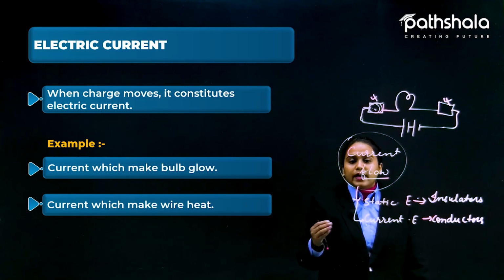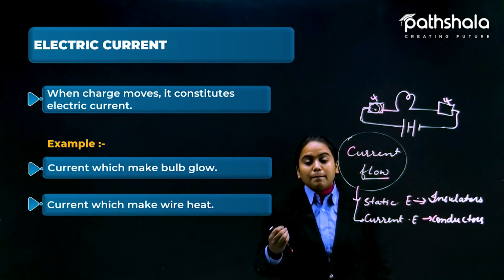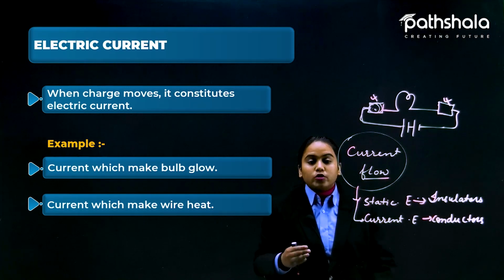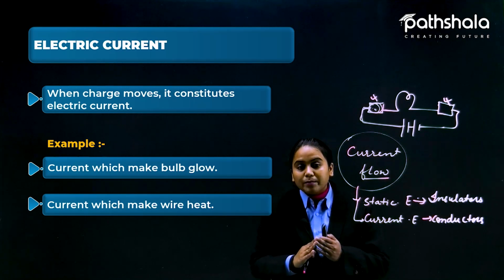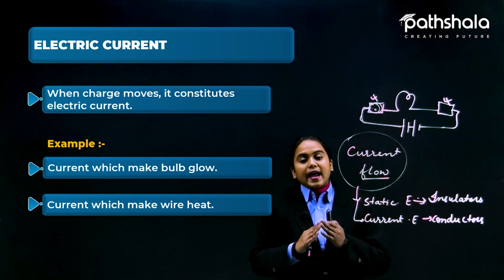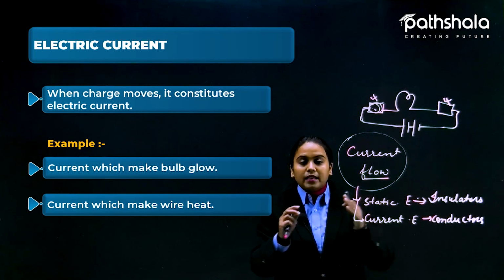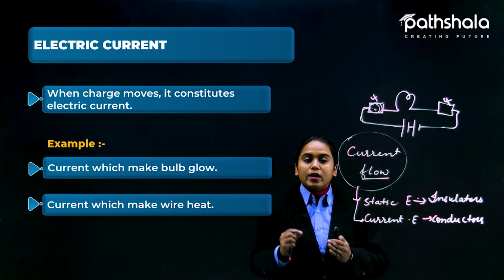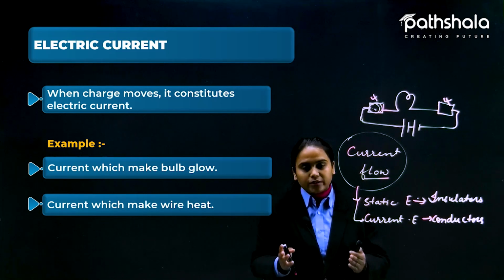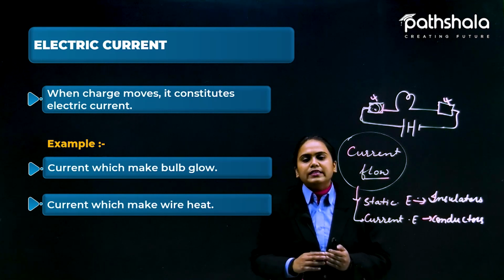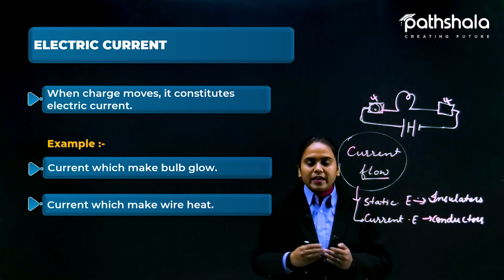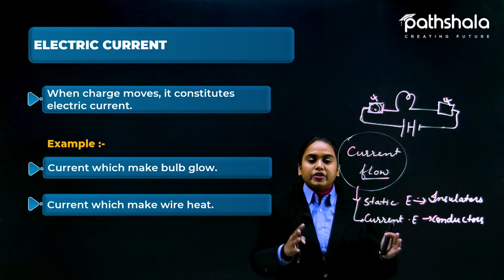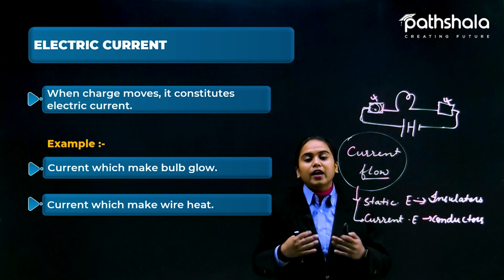As you know, current makes a wire heat up, because the charged particles are flowing. There must be some kind of friction between the charged particles too. That friction makes the wire heat up, and that too has certain applications. Like the electric heater, toaster, and iron we see, all these practical applications are based on the heating up of conductors.